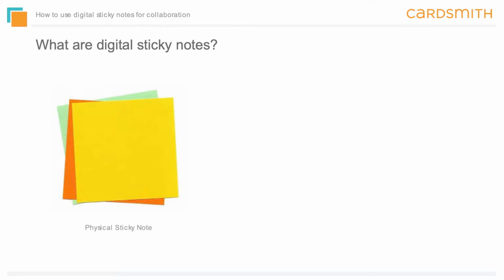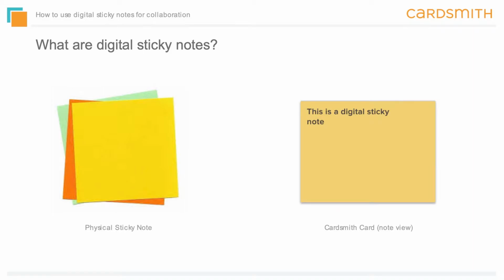So what are digital sticky notes? They're a lot like a physical sticky note. They're intended to hold a bit of information. So whether that's a task reminder, an idea, a step in a project, or an issue that needs solving, the idea here is you can only fit so much onto a sticky note. The same should be true of a digital sticky note. Both formats encourage you to be concise, and in order to be concise, you've got to be clear.